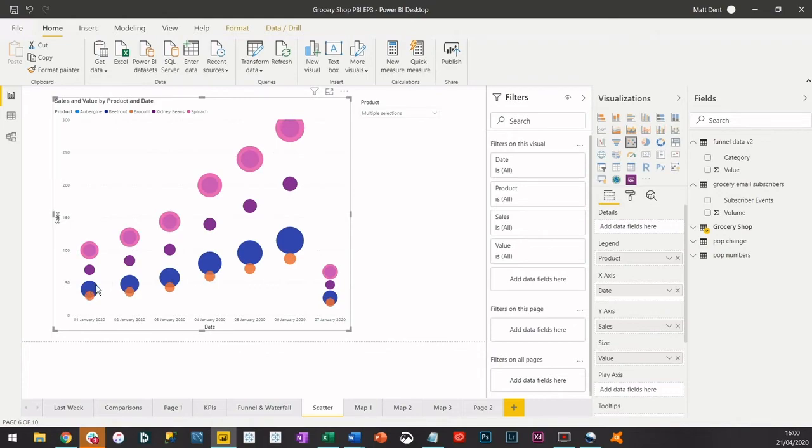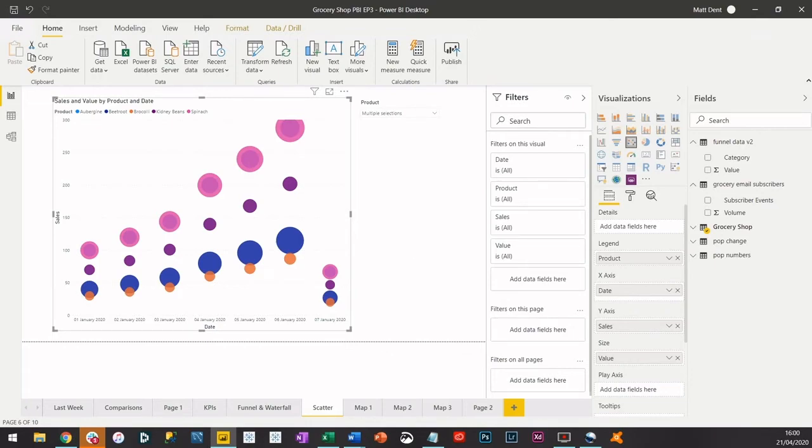But you can see the value of that product, which is the size of the bubble, indicates that you're actually getting a lot more money. So you're driving slightly more sales, but the income you're getting off the back of that is a lot greater. Now spinach, we know, is our most popular item in the grocery shop, so it's at the top here, and it's also really valuable, so it has a really large circle. So this is a great one for showing how multiple dimensions within your data set